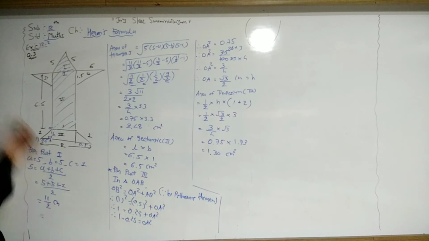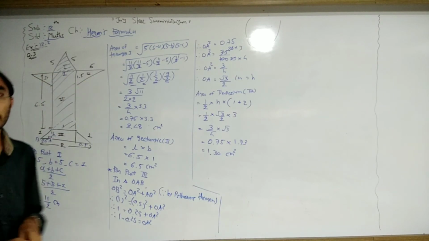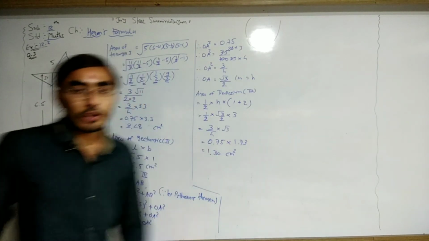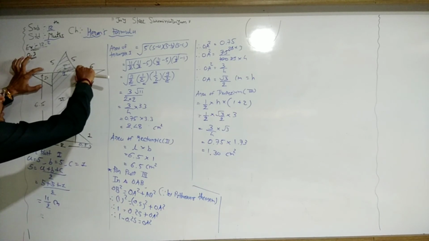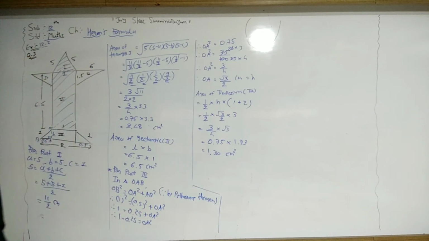Now, part 4 and 5. Look at part 4 and 5, both the parts are the same, because in an aeroplane both the wings are the same. So definitely the area of both these parts is the same. That means the area of both these triangles is the same, so we do not need to find the separate areas. Directly we can find one area, and both areas are the same.